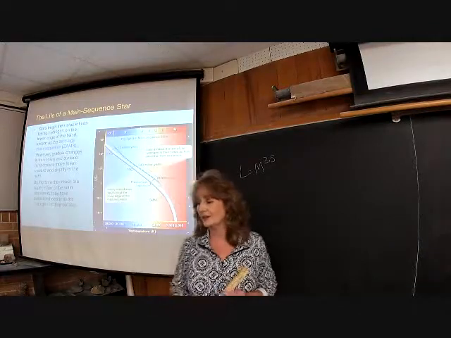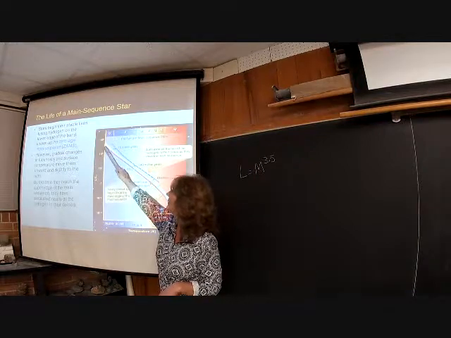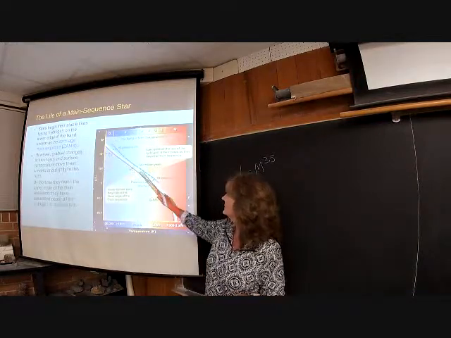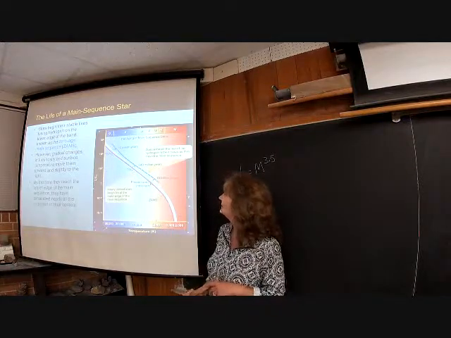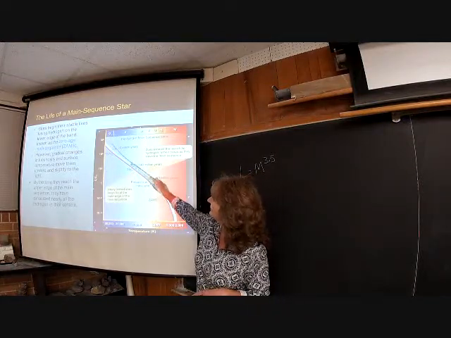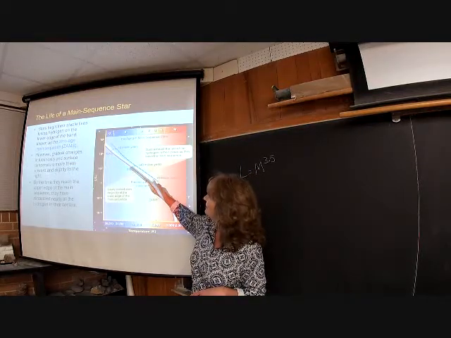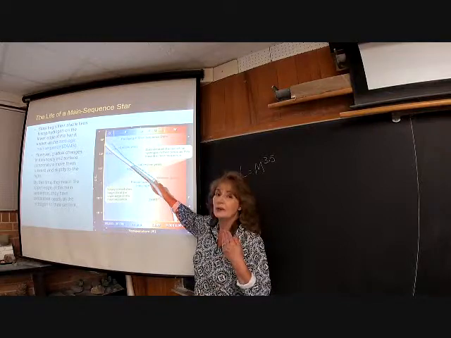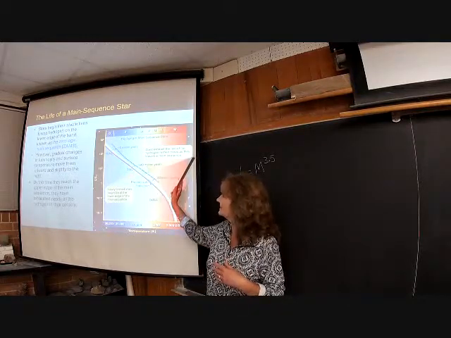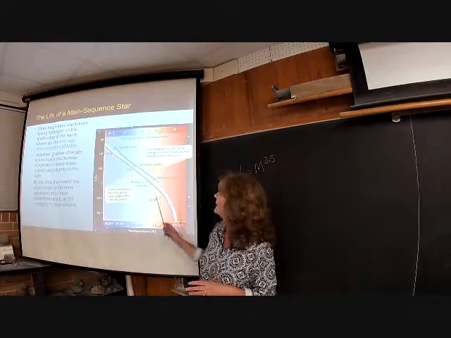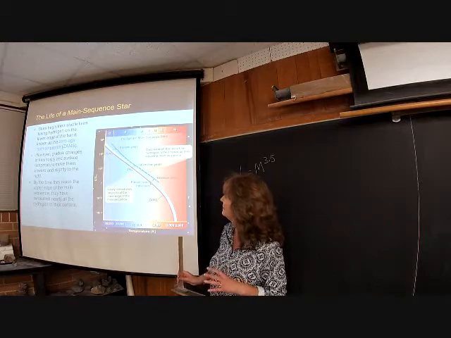But during their lifetimes, they're going to be fluctuating a little bit around that main sequence. So here's our good Hertzsprung-Russell diagram. And here's our main sequence, the little slip or slide starting in the upper left, going down to the lower right. It's sort of a zone in here that they'll kind of go up and to the right. They'll become a little more luminous, and then the outer surface will cool a little bit. So cooler end this way, more luminous this way. So you'll see them kind of do this over time.